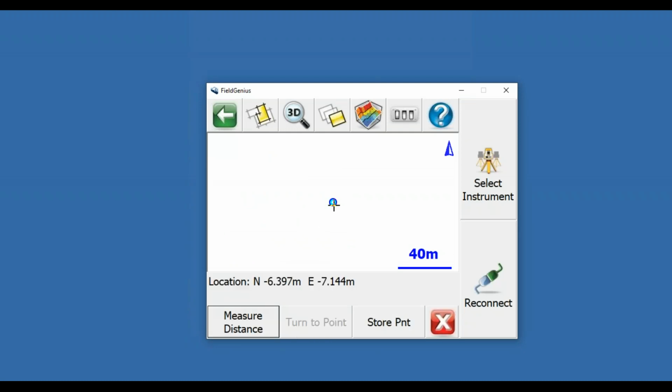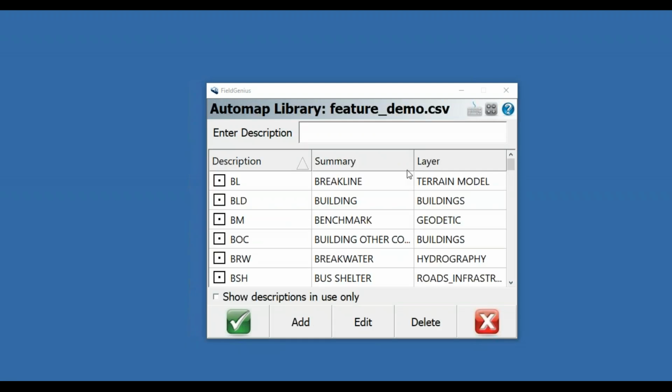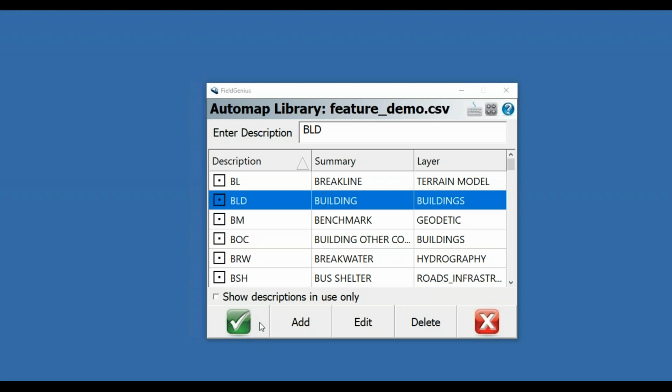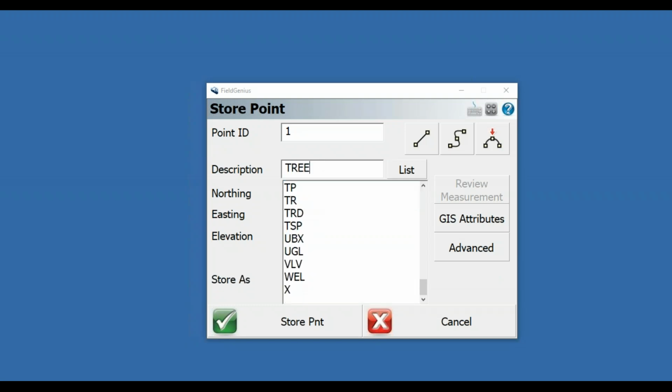And now if I select a point on the map, I can store a point. So storing a point, again, you have point number 1 and the description. And this is the Automap file description. So you can select it from the list, or you can start typing in the name of the description for the point that you want and select it. And it'll scroll through. So if I want to do TCR,